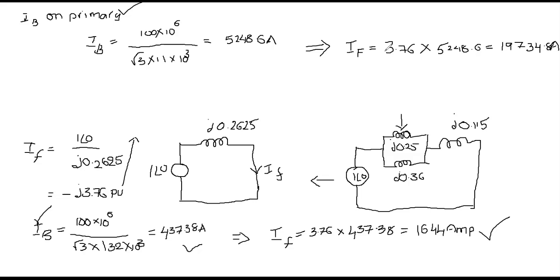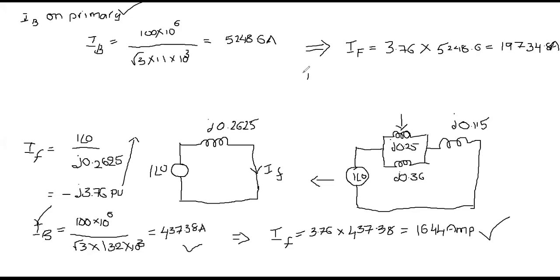Now please observe the difference between the fault current on the receiving end side after the double circuit line, which is given by 1644. The total fault current is 1644. But when we consider the generator side, obviously the fault current becomes too high. 19,734 amperes of current is trying to flow from the two generators. So this is the fault current shared by two generators.